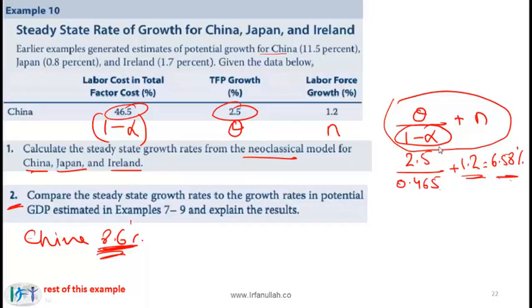Another item is that we are still in a stage in China where capital deepening is happening. So the return from investing in capital is relatively high, and that is causing relatively high growth. So at our current stage, the overall growth rate is relatively high. But again, in the long run, we will stabilize at this number. As I mentioned before, make sure you read the explanation in the curriculum. I think this is an important point. And then do the numbers for Japan and Ireland.